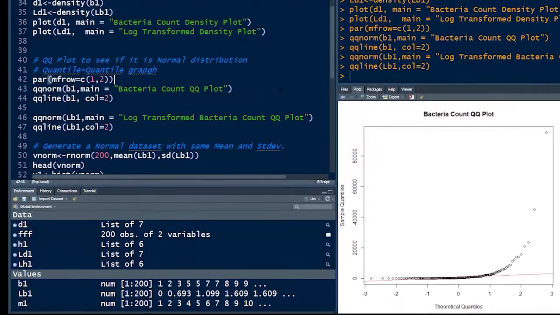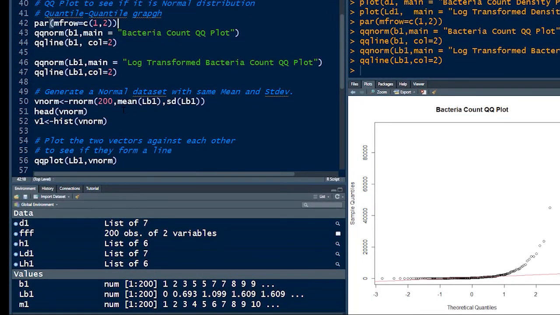So now just to show you, here I have qqplot. Now qqplot is a generic function. You can do a bunch of things with qqplot. qqnorm is only for normal distribution. So what I'm going to do here is generate 200 normal distribution numbers whose mean is the same as the mean of my transformed data set, and standard deviation is the same as this one.